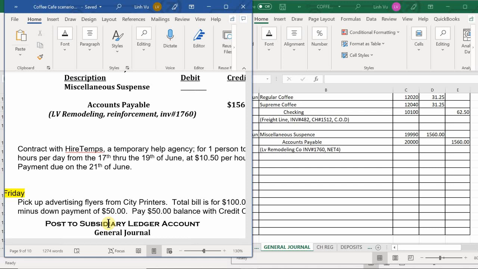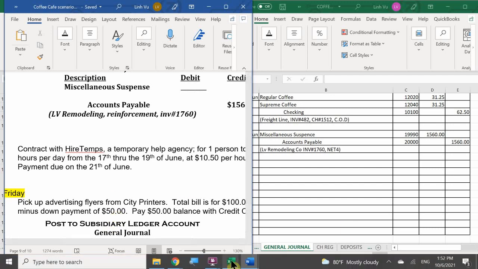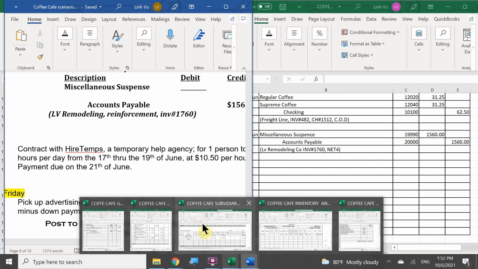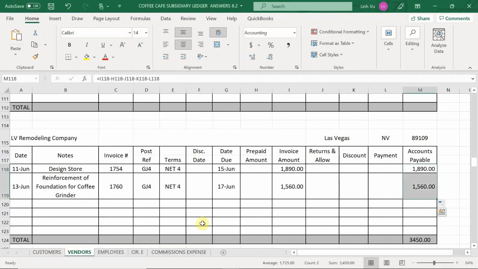The employees, and this person is not an employee. So who did we contract with? You want to put it on the subsidiary ledger. Yes, definitely going to put this in the subsidiary ledger. So then you have a note. So when you do get billed or bombarded with somebody calling in from Hire Temps, you know that you have to pay them. Okay, so let's go ahead and go to Hire Temps.